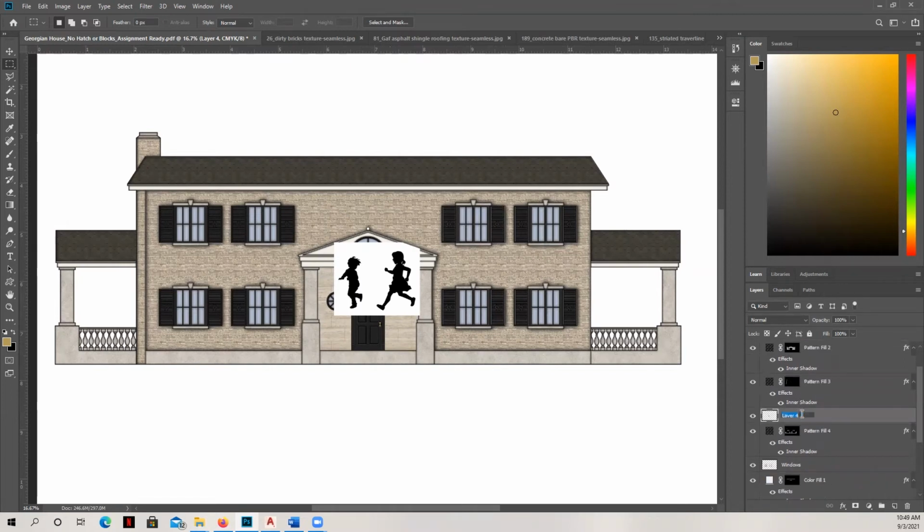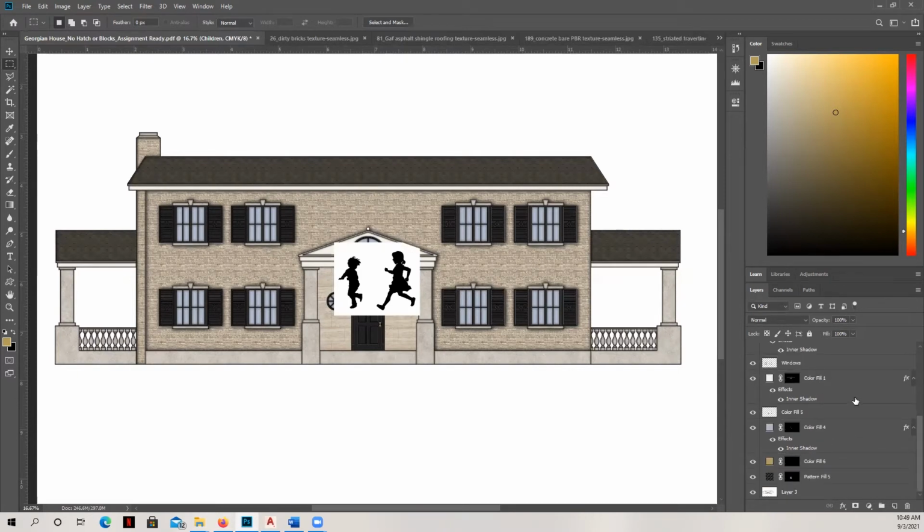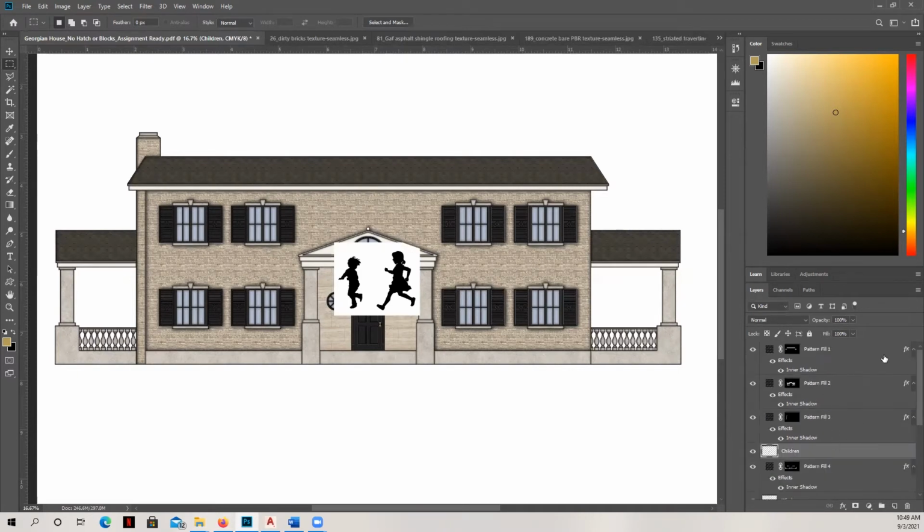And so I'm going to double click on this right now and add a name for this, which is children. I've named a couple, but someone coming into my file would get pretty mad at me because there's so few named layers here. So what I'm going to do now is go ahead and use my magic wand tool, and I'm going to grab here and hit Control X to see what I get rid of. And you can see here I got rid of almost everything but that little part behind her arm.